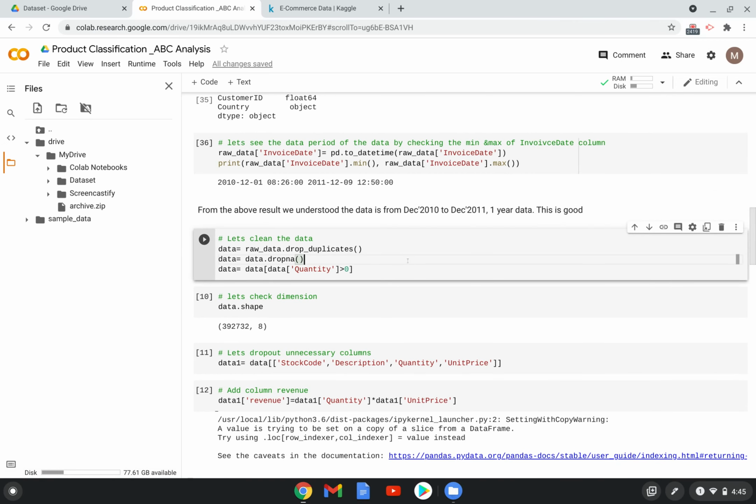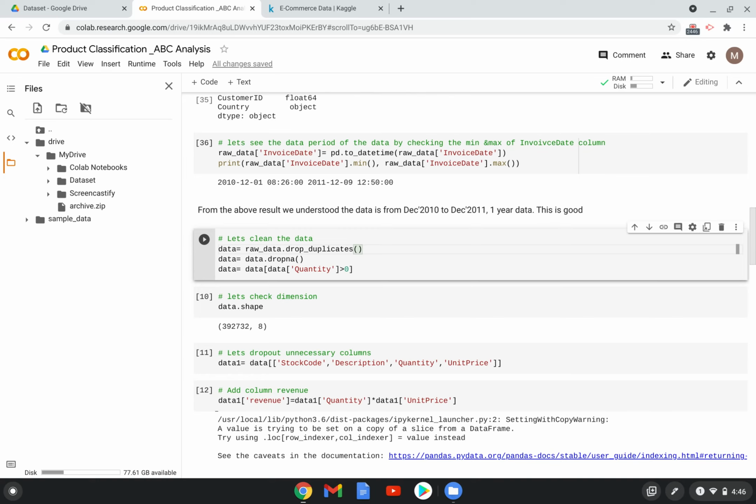Let's see this data cleaning section. Basically, we need to drop the duplicate records if there are any, and then drop blank rows if there are any, and then we need to drop rows where the quantity is less than zero.